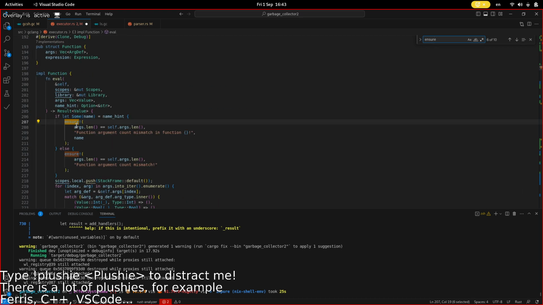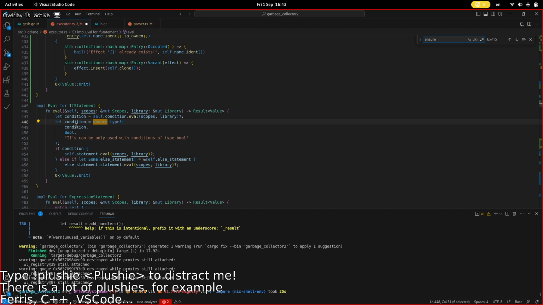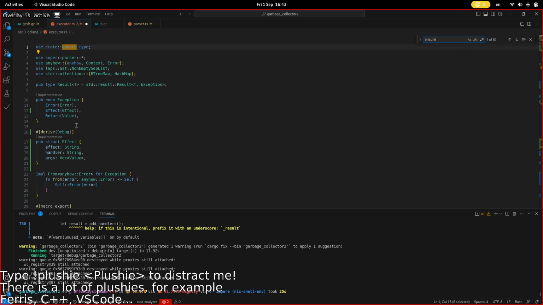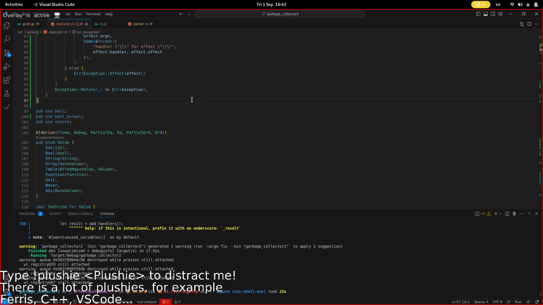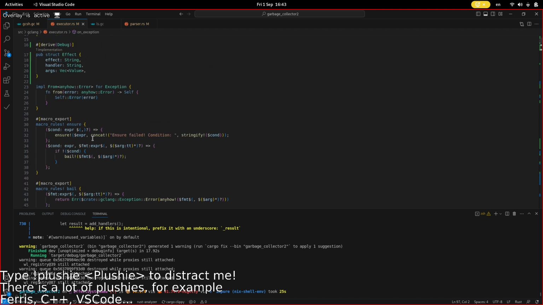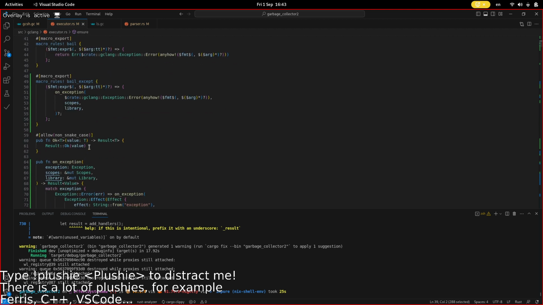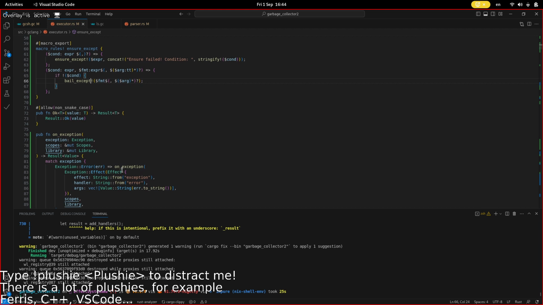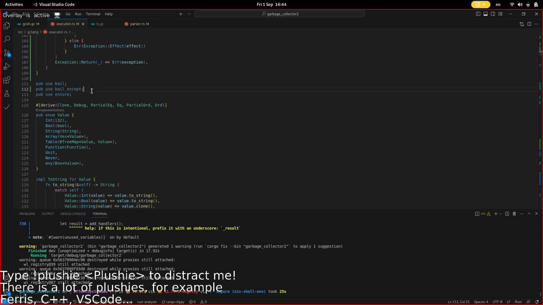Okay, here count mismatch. Conditional type, handler count mismatch, fake doesn't have any handlers. Oh, that's all. I still need ensure accept or something. Ensure accept. I'll do this. They'll do accept, and I'll use macro use,